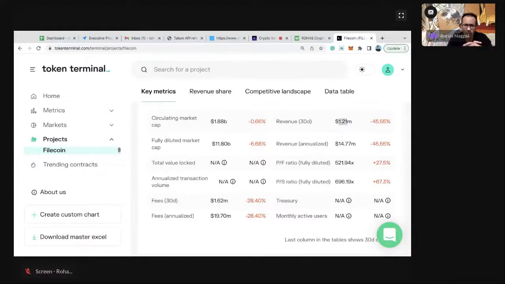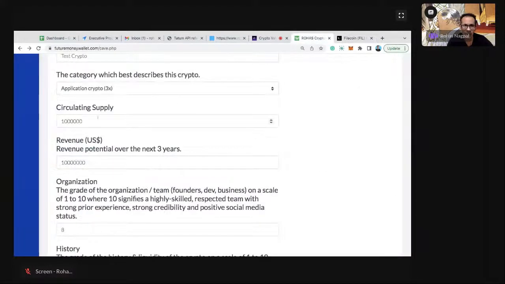Now, suppose we were talking about something like Bitcoin. Obviously, it doesn't fit into the category, but what is Bitcoin's revenue generation? It's basically the miners, how much money they are earning because of new tokens being given to them, and the transaction fee. So similarly, every project does something and it generates some kind of revenue. If it doesn't generate revenue, obviously we should not be investing in that project. But if it is generating revenue, we try to get the 3-year amount, and then we enter that figure here